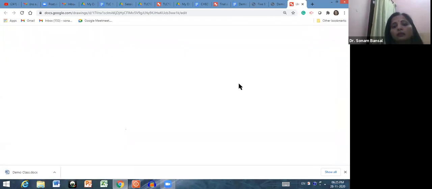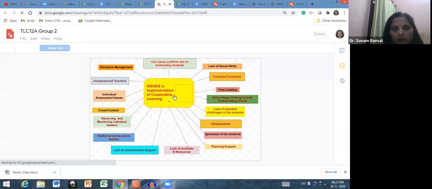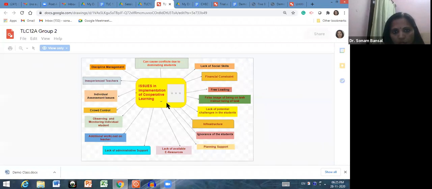And this is another collaborative work of Google Drawing. See, this was created by 6 persons collaboratively. Issues in implementations of cooperative learning.